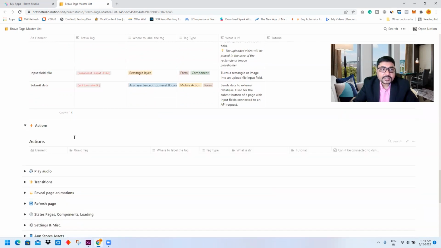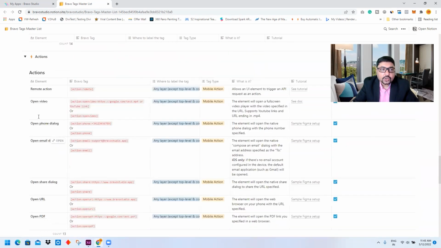So you have various other actions over here, like open a video, open a phone dialog box. With a phone number, if you have just a phone, it will ask you to input the particular phone number. If you have a dedicated phone number added to it, it will open with that phone number already written in your dial screen.